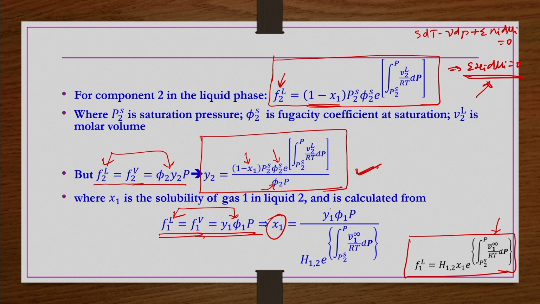In order to know X1, you need to know Y1, that means Y2 you need to know. So, these are interrelated. So, these equations we cannot solve without having a kind of trial and error approach, because of this reason. In addition, we may not know this Phi1 and Phi2 also.